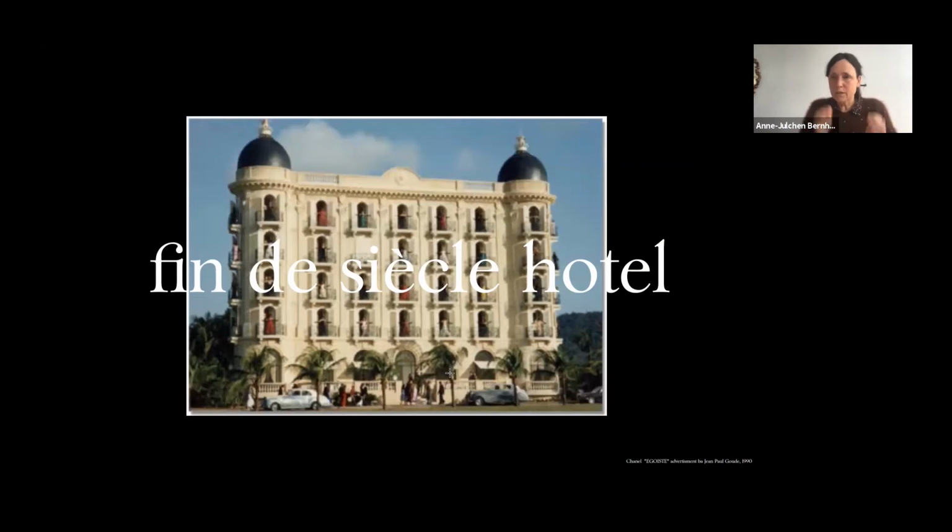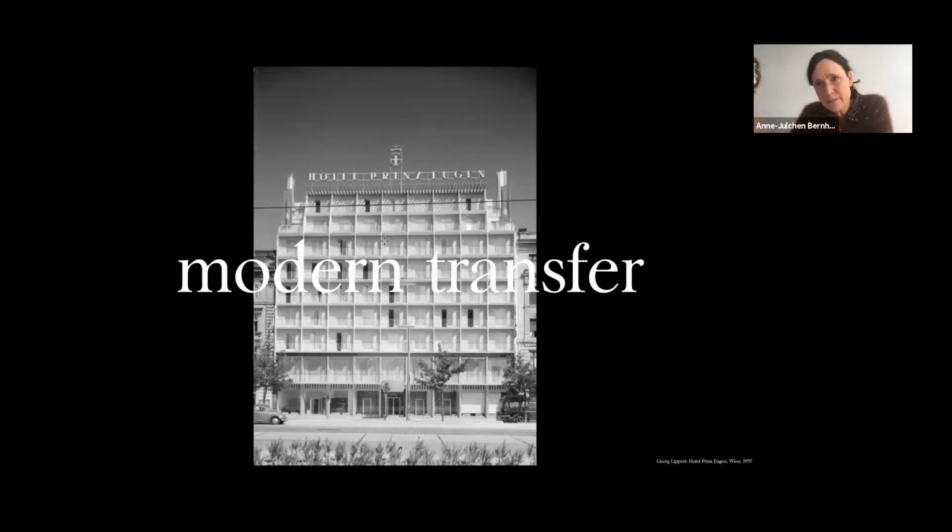has very clear the one window where a person can look on the city, and they are really related, the person and the window, and you have this small balcony, and the whole facade is made out of one emblem, and there is somehow a modern translation sometimes, like in this beautiful hotel from Vienna.